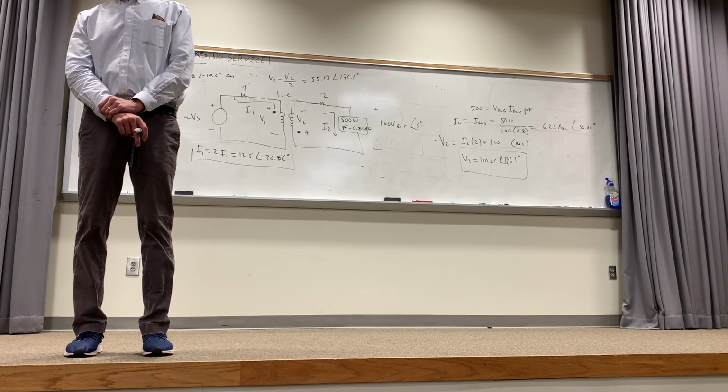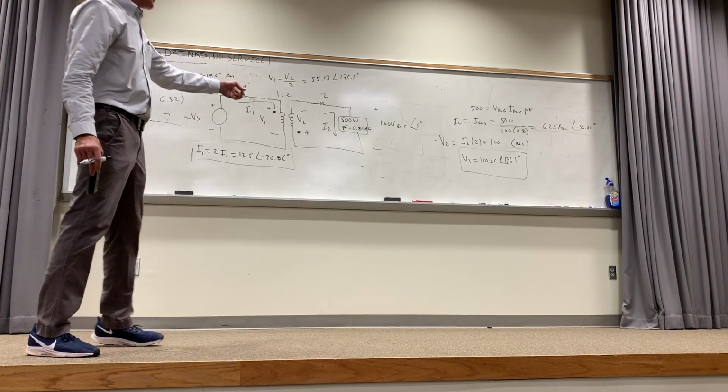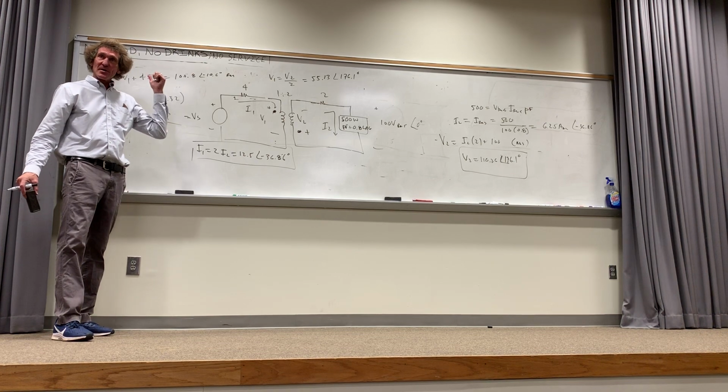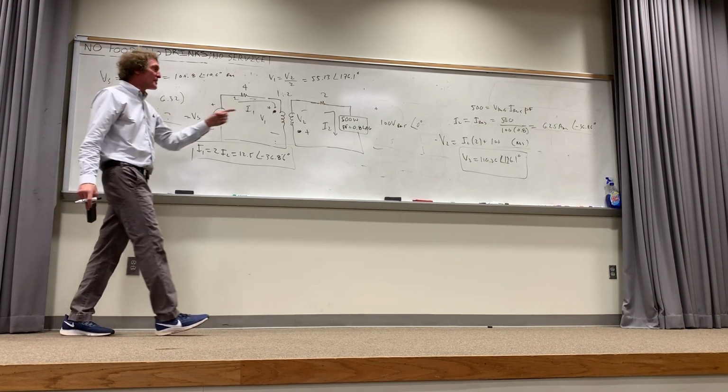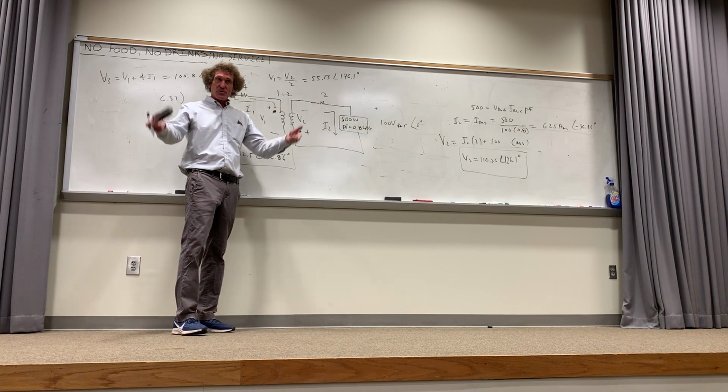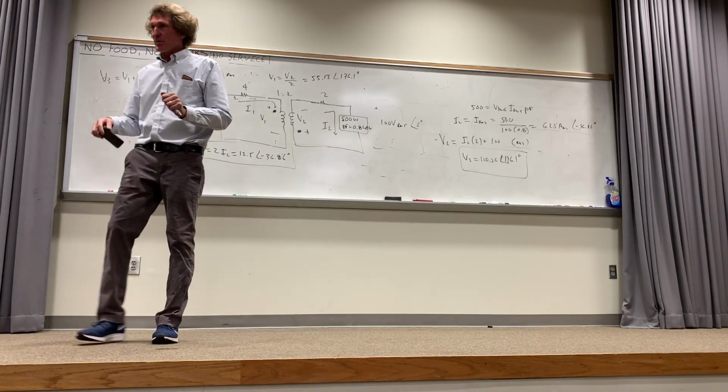I tell you, I have an older book, and if the dot's on the bottom so that our current flows in, this is the right answer. If the dot's on the top, I2 will be negative that value. But the way I've showed you to do this is the correct procedure. Do you follow me on this, class?